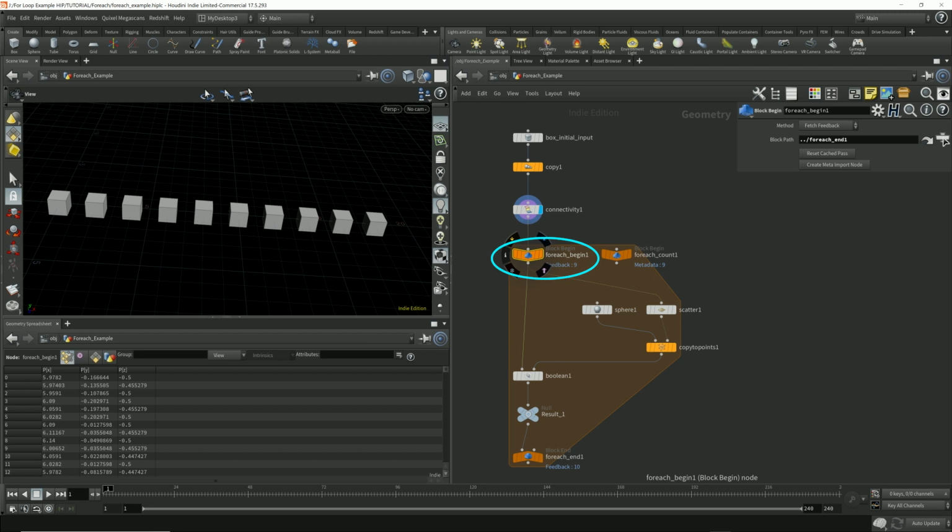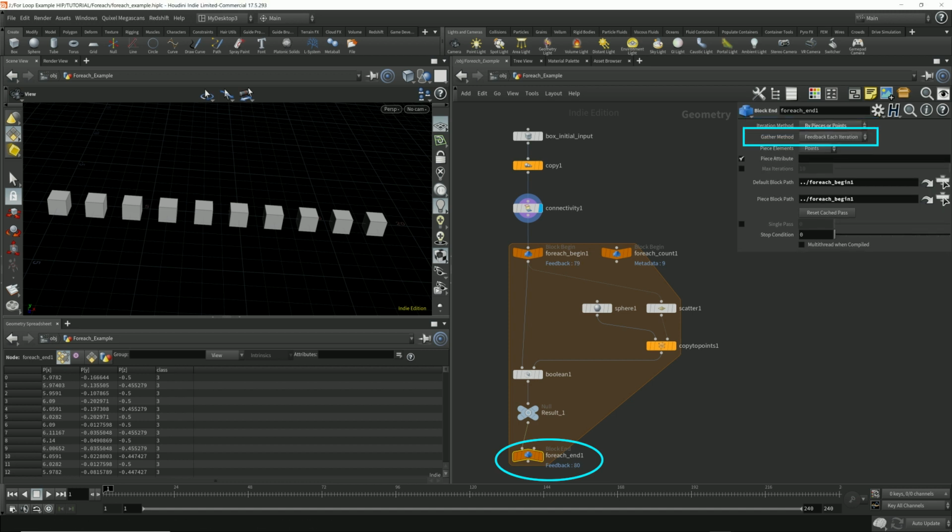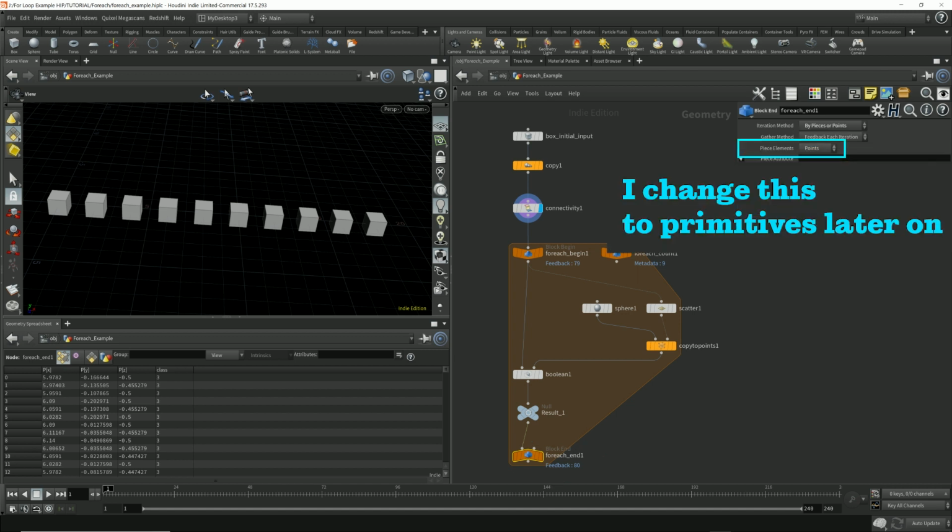We can tell the for loop, instead of counting from 0, 1 to 10, as what we specified here, we specify the iterations here. Instead of doing that, I want it to loop over each cube instead. And that's where gather method, okay, for each end node here, iteration method, we choose by pieces or points. Gather method, well, just leave it there for now. And it says piece elements. Now it's points